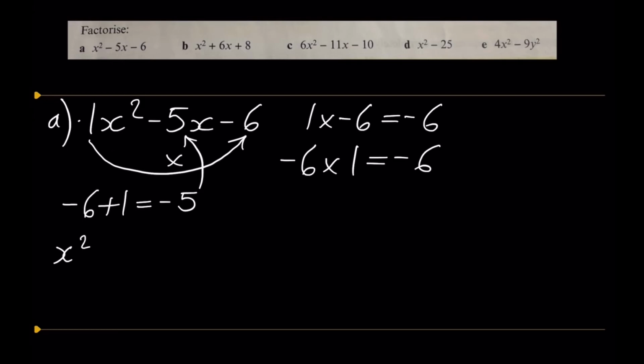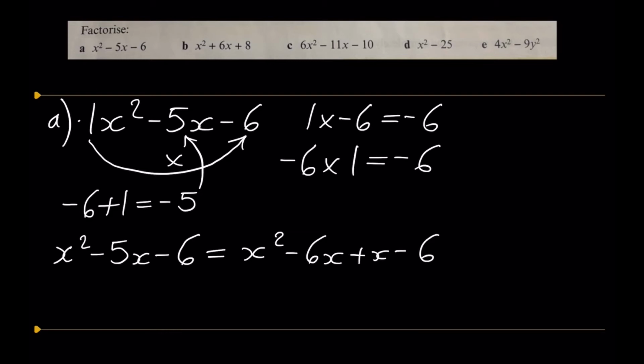So x squared minus 5x minus 6, we rewrite it as the sum of these factors. So the sum of minus 6 and 1x. This will become x squared minus 6x plus x minus 6. Then we factorize each pair of terms at once. So we get,